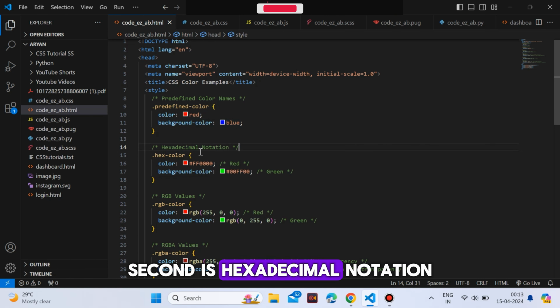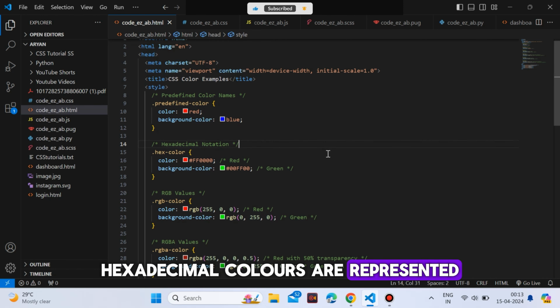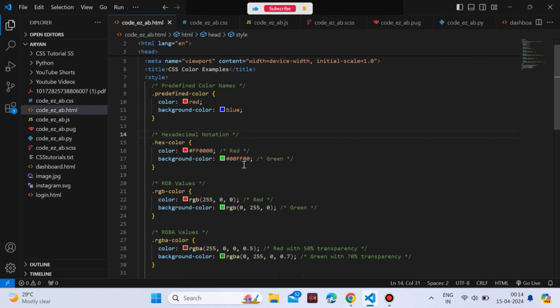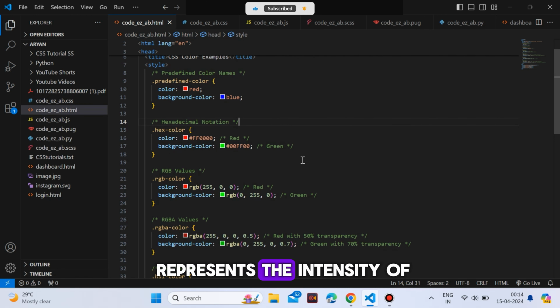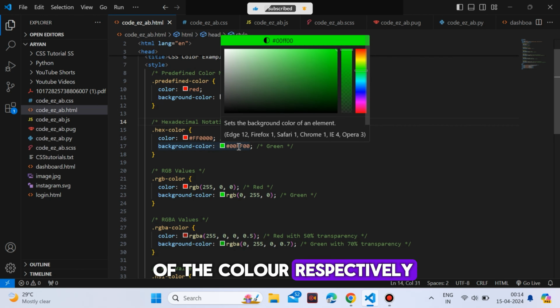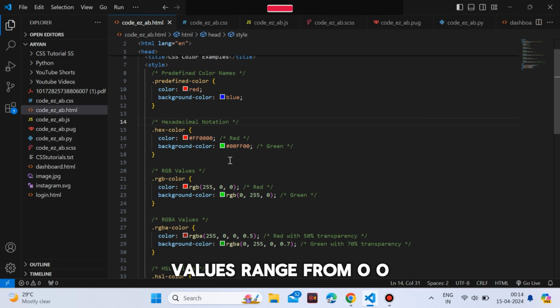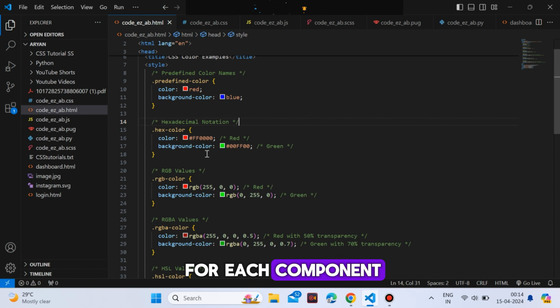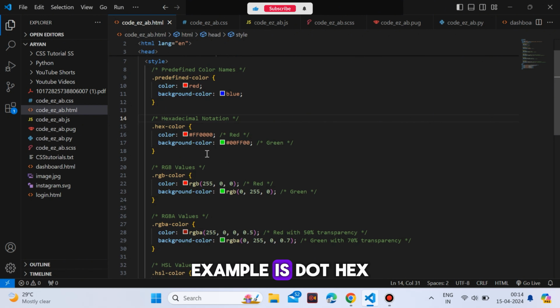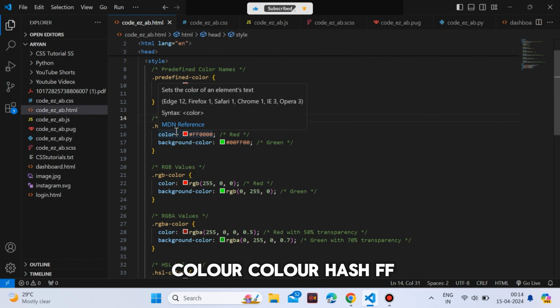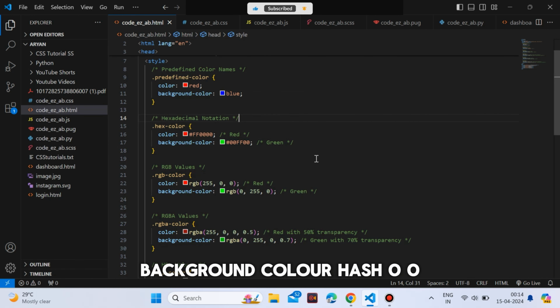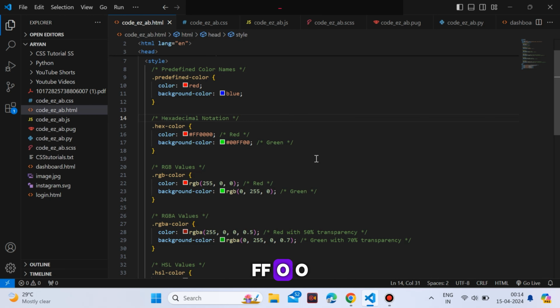Second is hexadecimal notation. Hexadecimal colors are represented by a hash followed by 6 hexadecimal digits. Each pair of digits represents the intensity of the red, green, and blue components of the color, respectively. Values range from 00 to FF (255) for each component. Example: .hex-color { color: #FF0000; background-color: #00FF00; }